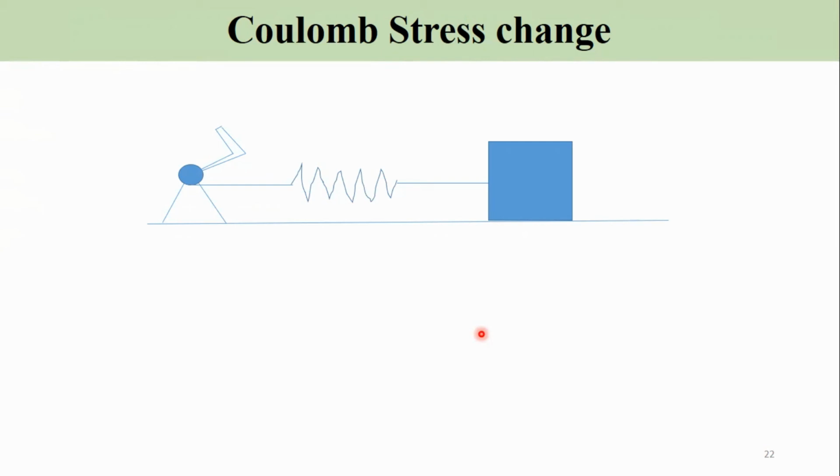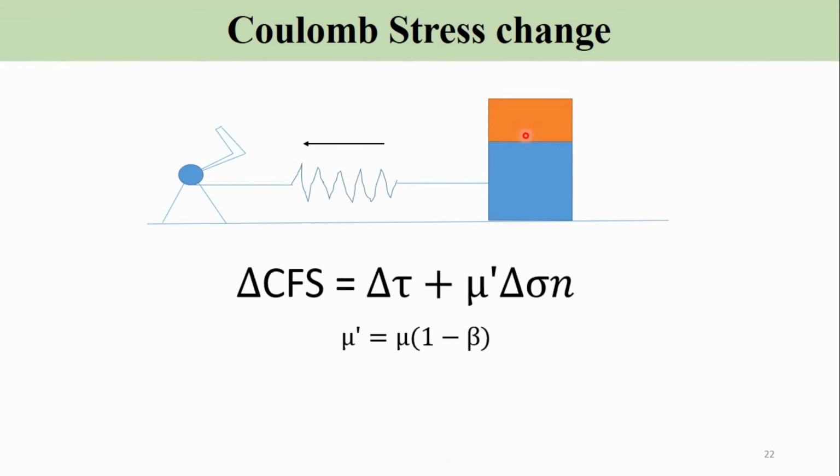So I took a spring mass analogy for this, and I have a crank with me, and this is the rock particles, and that is accumulating stresses. If I keep on rotating the crank, up to a particular rotation the mass will not move towards me, but after a particular number of rotations, the mass would start moving towards me. So this is something that can be related to, or called, Coulomb failure stress for rocks. Here delta tau is the shear stress, mu dash is the effective frictional coefficient, and delta sigma n